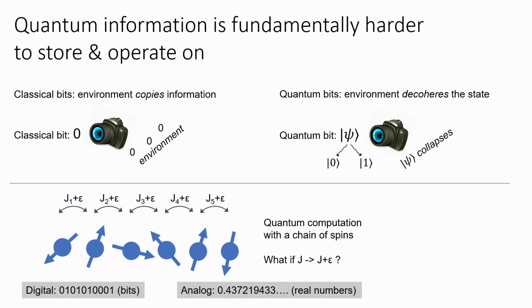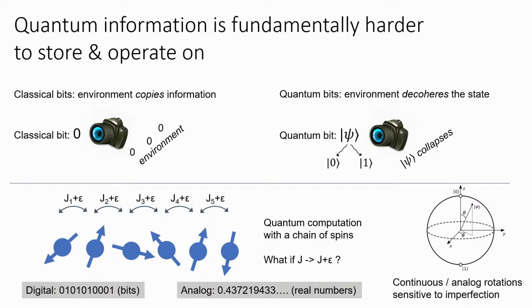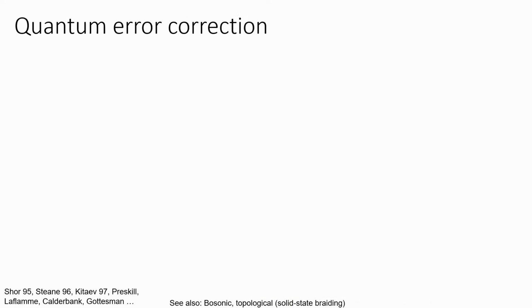But we don't use analog computers often. We use digital computers composed of bits, because they're correctable. Small voltage imperfections get rectified to either bit 0 or bit 1. This seems at odds with quantum mechanics, where we have, for example, Bloch spheres that have continuous, analog angles that are intrinsically sensitive to imperfections. So if we want to build quantum computers, we really need a way to correct errors, and it seems quite fundamental due to this issue.